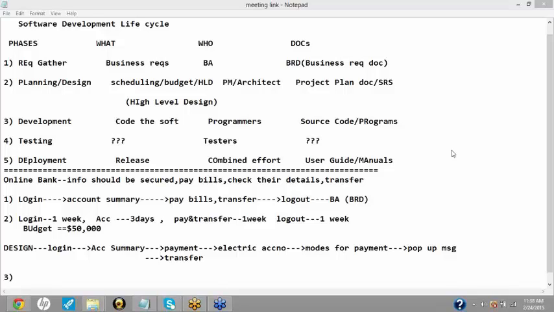Hi Vidya, to become a tester, does he or she need to know about the role of BA or program manager, architect, and all those documents in detail? No, not in detail, but you should at least know that if someone uses some technical terms in front of you, and says that okay, this is the BRD, you should understand. For some projects you have to use the BRD. So at least you should know what all it contains.